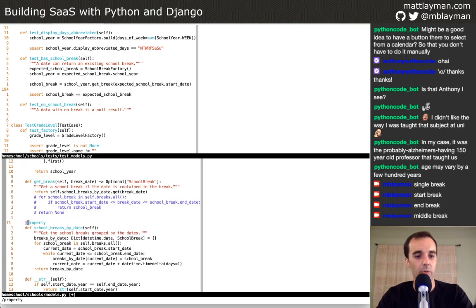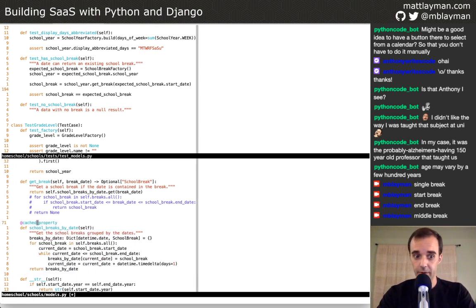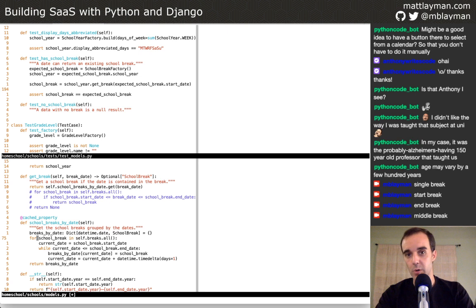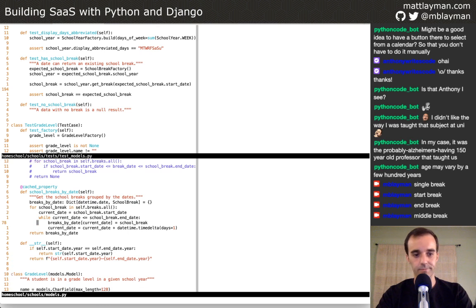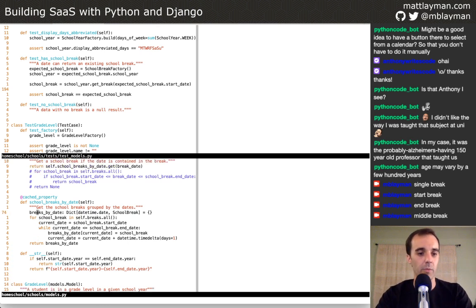And let's go back to our property. And cached property does exactly what it sounds like. You call the property, and whatever it returns gets cached. So future calls to that property do not redo all of the implementation. It just returns whatever was returned by the